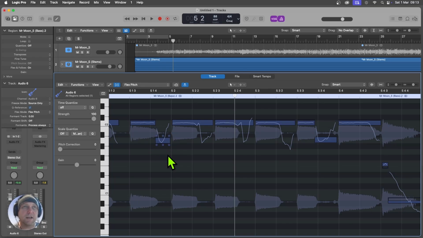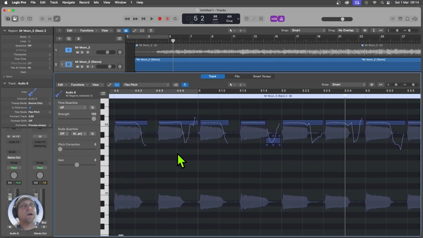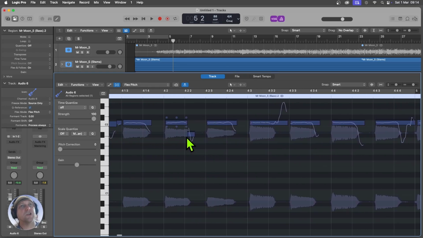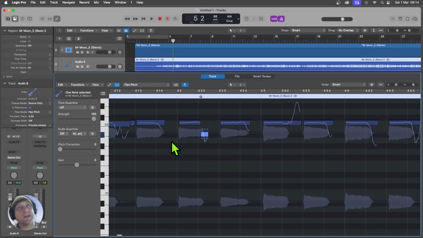Now, this editing is a lot easier to do in this view, while you can compare it to the actual wave file. If you were to just export it as MIDI now and then try and work on the MIDI file alone, it would be a lot harder, I think. You'd have to listen to every note and see what's right and what's wrong. So the easiest way I've found is just to go through and visually start to check where these notes don't